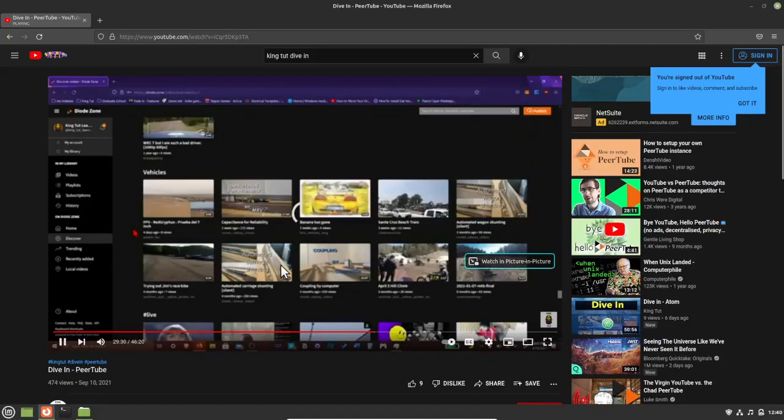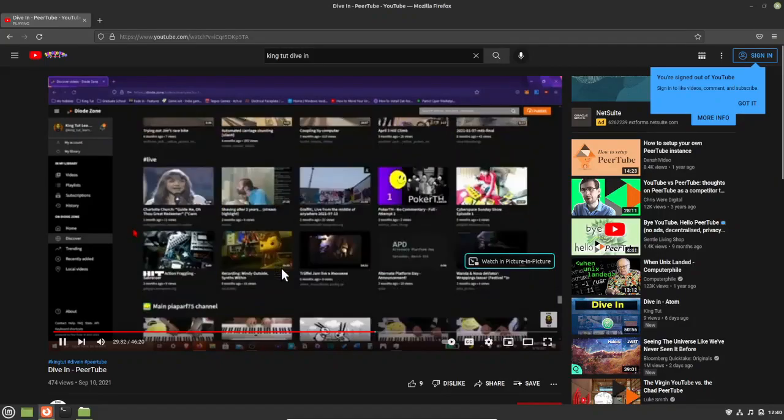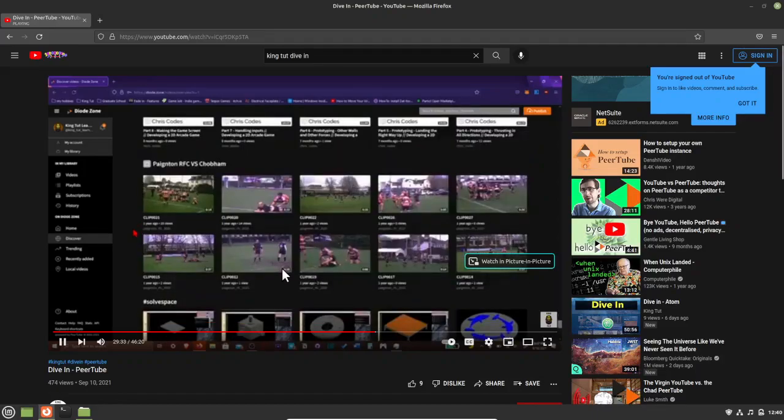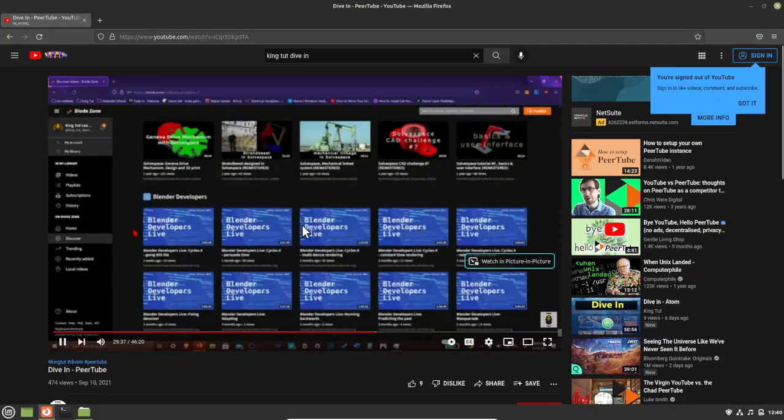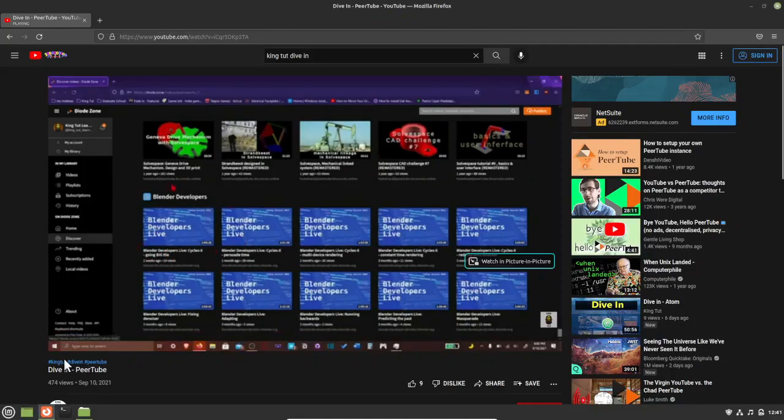Like crypto stuff, vehicles. That's really cool. Let's scroll down. Let's see if they actually have it. Okay, they have an end. And there's a blend of developers. Oh, so there's ones that are from different instances. Okay, so let's